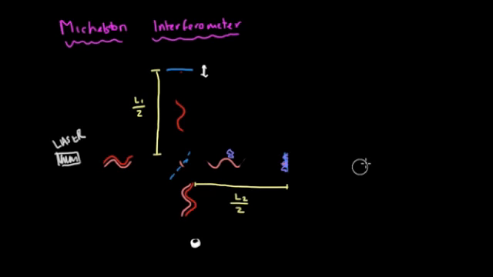if we have a structure way out to the right, then if the pulse continues through all the way out here and it reflects off of this, then the light that initially went up will have gotten to the detector way before the pulse from out here, and so we won't get an interference pattern. Conversely, if the pulse were to come over to the right and hit a structure that was really close to the mirror and got reflected back, then it would get to the detector way before the pulse that came up here. And so we have a pretty good solution, and this does work, but the